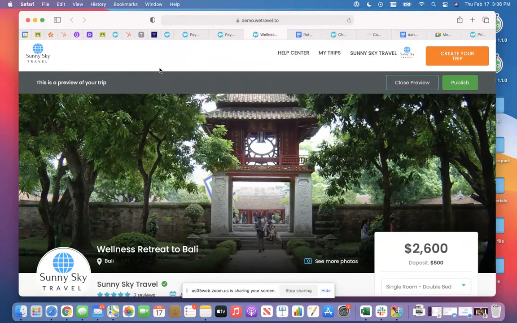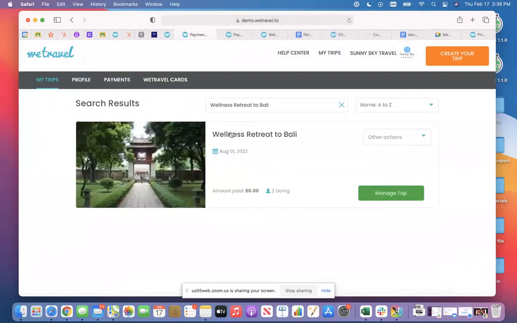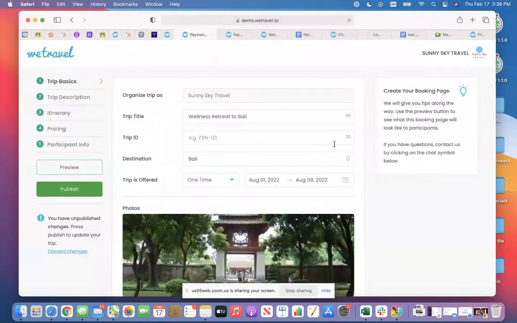Yeah, so definitely you don't need to be tech-savvy to create these pages. So for example, this is our homepage. Let's say you want to create a trip, you can create the trip from scratch here in the upper right side. And I have already created a trip, so I can share the steps that you would do if you were to create a trip from scratch. So let's say I have my trip to Bali here. If you were to create it from scratch, you have to complete these 5 steps here,